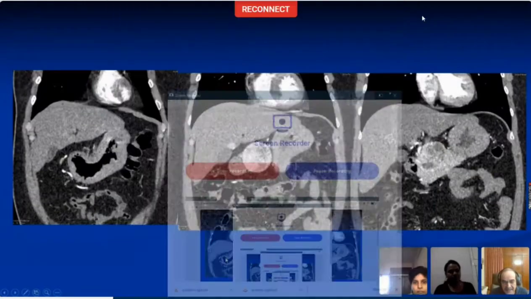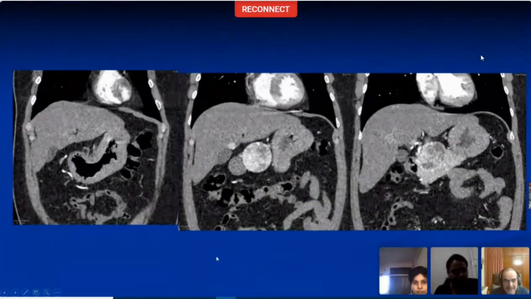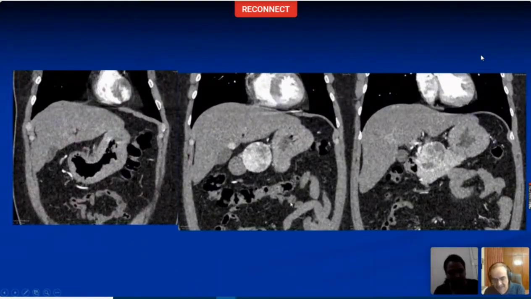Just quickly. Similarly, in the first image, I can see the diffuse wall thickening of the stomach. Very good. The second image, hyper enhancing lesion in the body of the pancreas. Right. Yes, and along with that? Hyper enhancing lesion in the liver. Hypervascular lesion in the liver. So what are you thinking of?